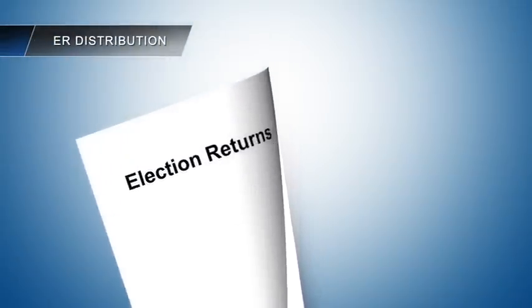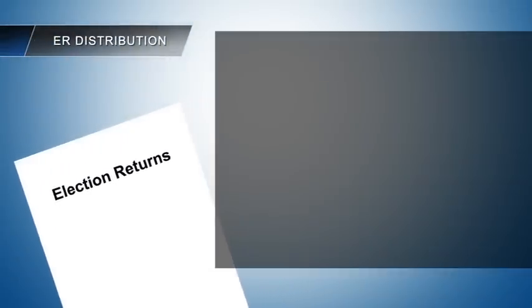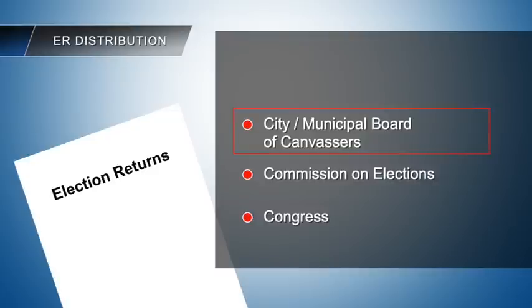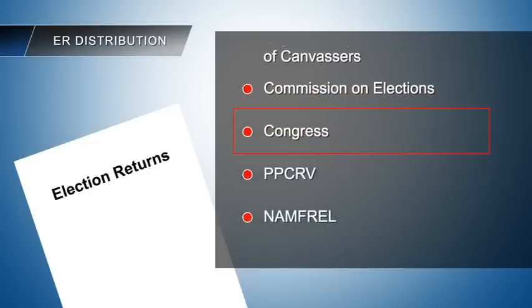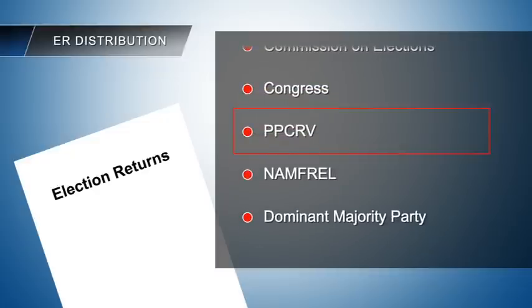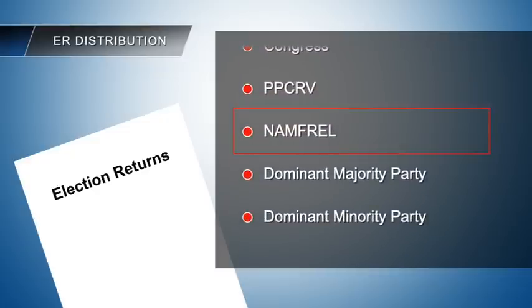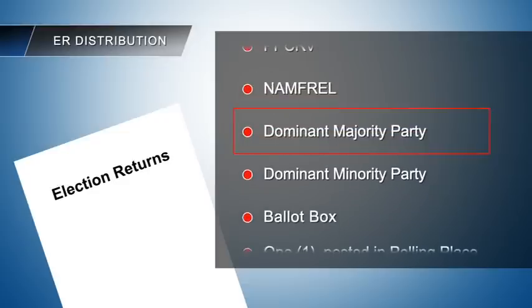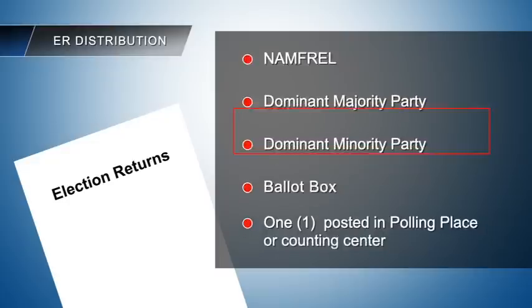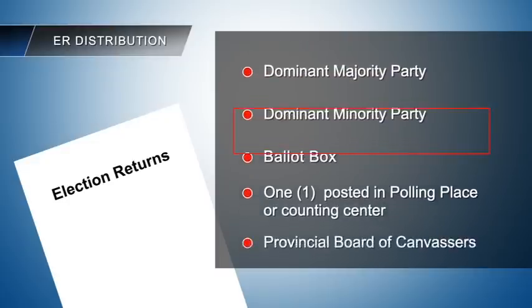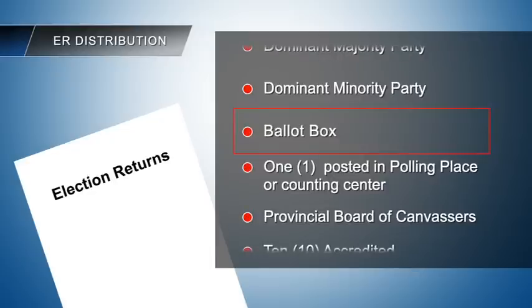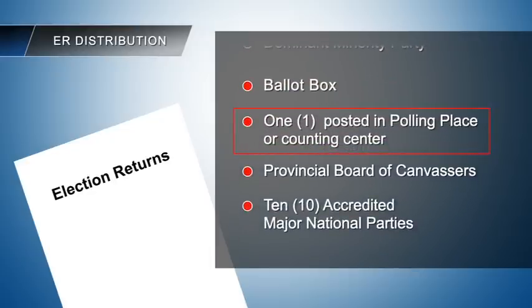The ERs shall be distributed to the following: City Municipal Board of Canvassers, the Commission on Elections, Congress directed to the President of the Senate, PPCRV, NAMFREL, Dominant Majority Party as determined by the Commission in accordance with law, Dominant Minority Party as determined by the Commission in accordance with law, Ballot Box, one to be posted clearly on a wall within the polling place